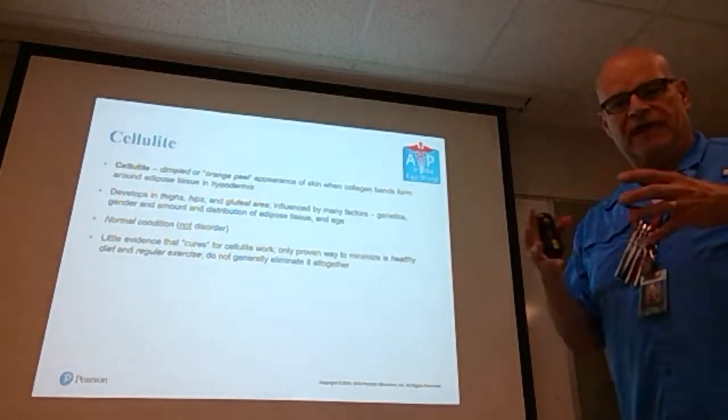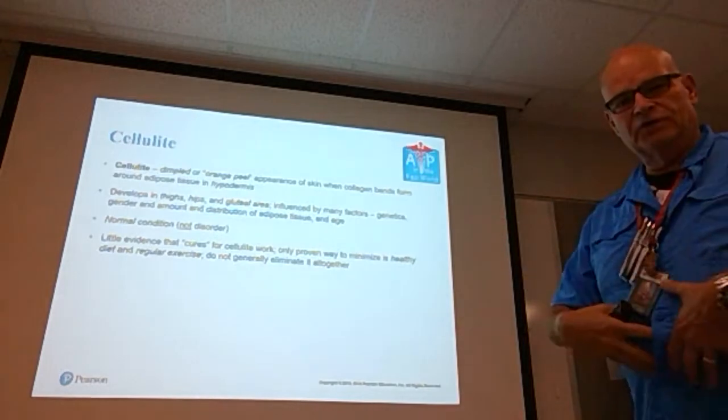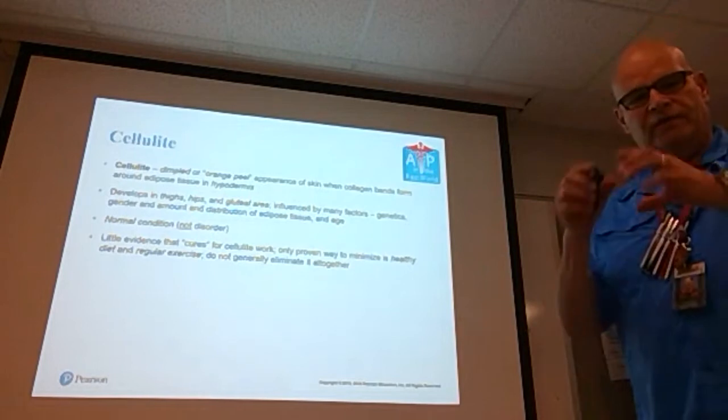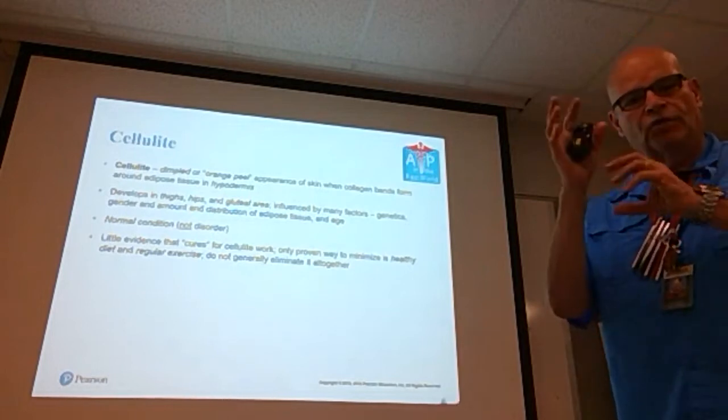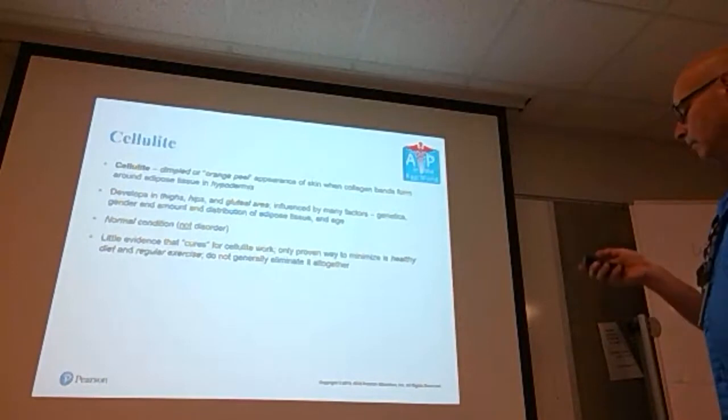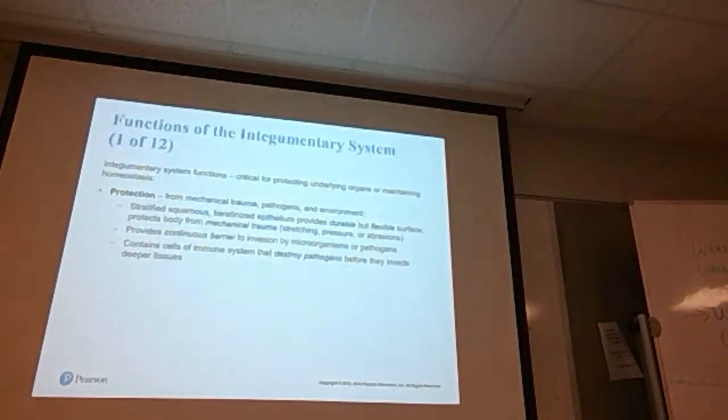Some people package their fat in just big things, so you develop big tummies or big hips. Other folks, it develops in little bundles, and that's what creates the dimpled effect, is the area between all the little bundles. The integumentary system functions